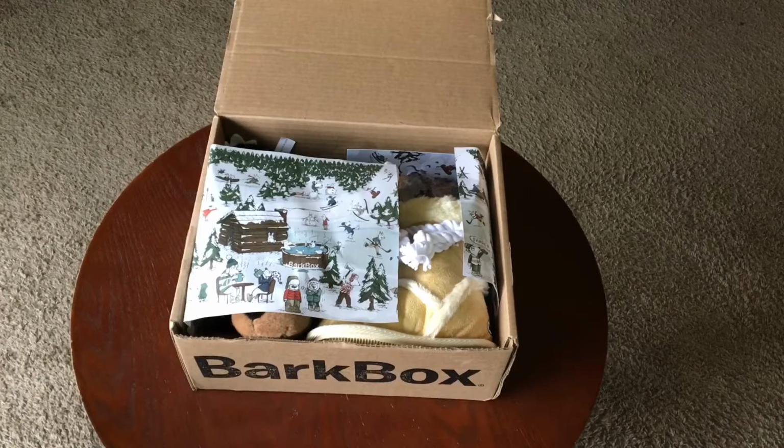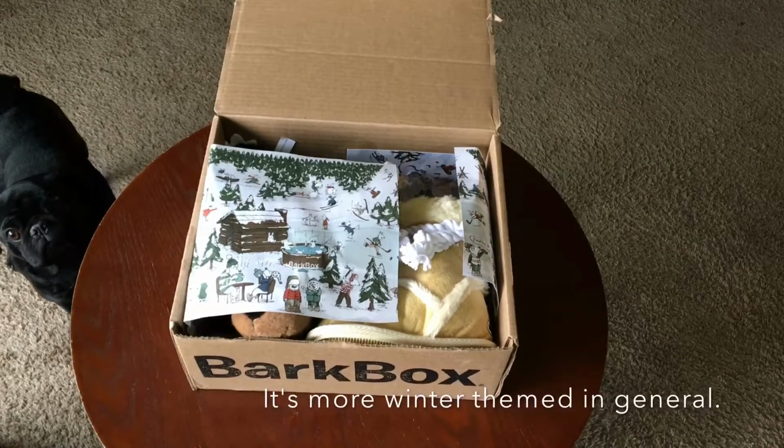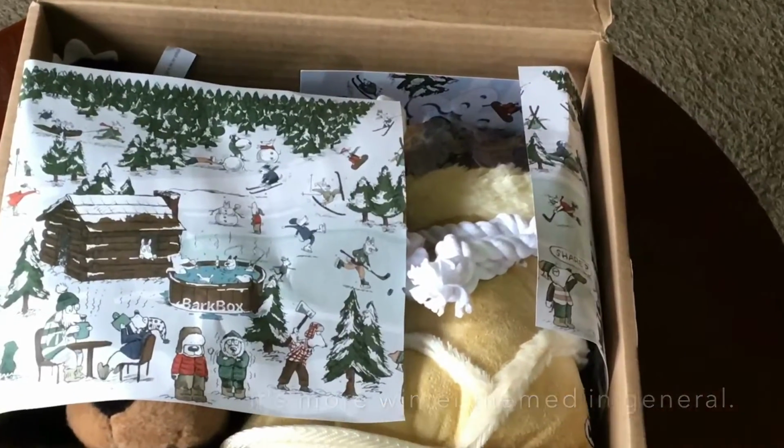Everyone, so today we are unboxing December's BarkBox. I'm super excited because this one is Christmas themed, if you can't already tell by the wrapping paper that they